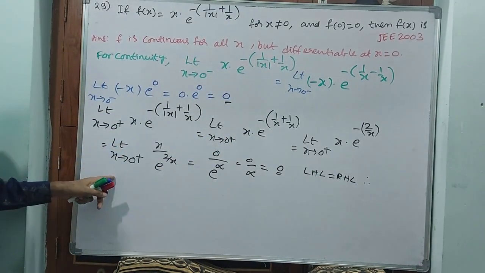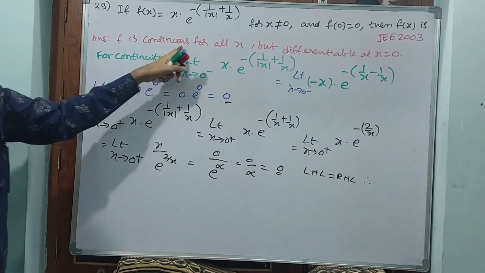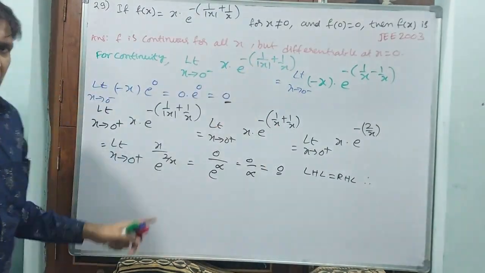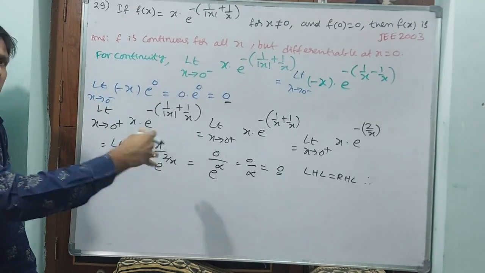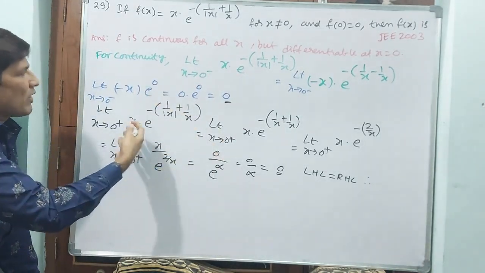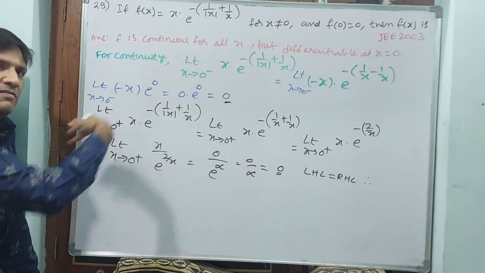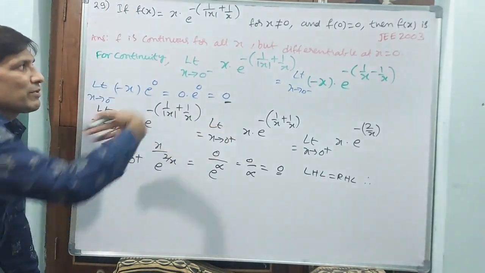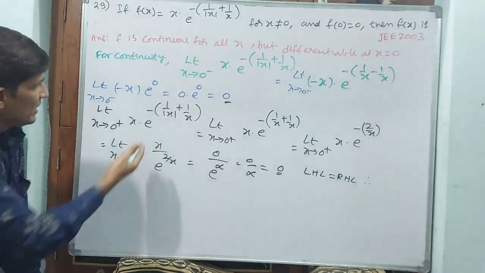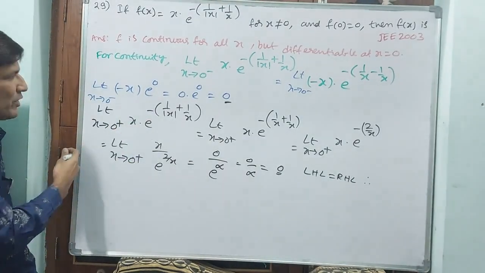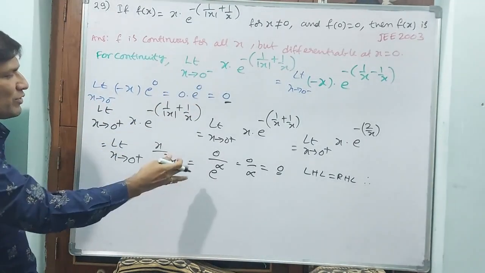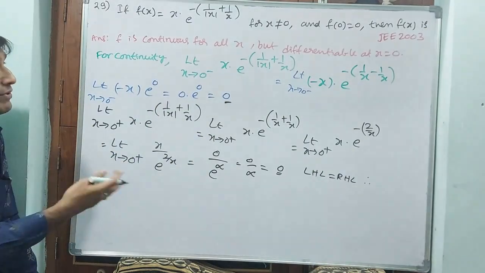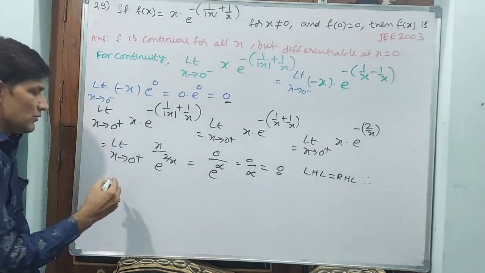Why? Because see, at 0 they are giving, f(x) is continuous for all x, they are telling. At x is equal to 0 also we have seen, and the remaining areas also automatically it will be continuous. Why? Because if you take any negative number it will be continuous, and if you take any positive number it will be continuous. Like that you have seen clearly. Negative number you have seen, positive number you have seen. That means this function is continuous at all values.